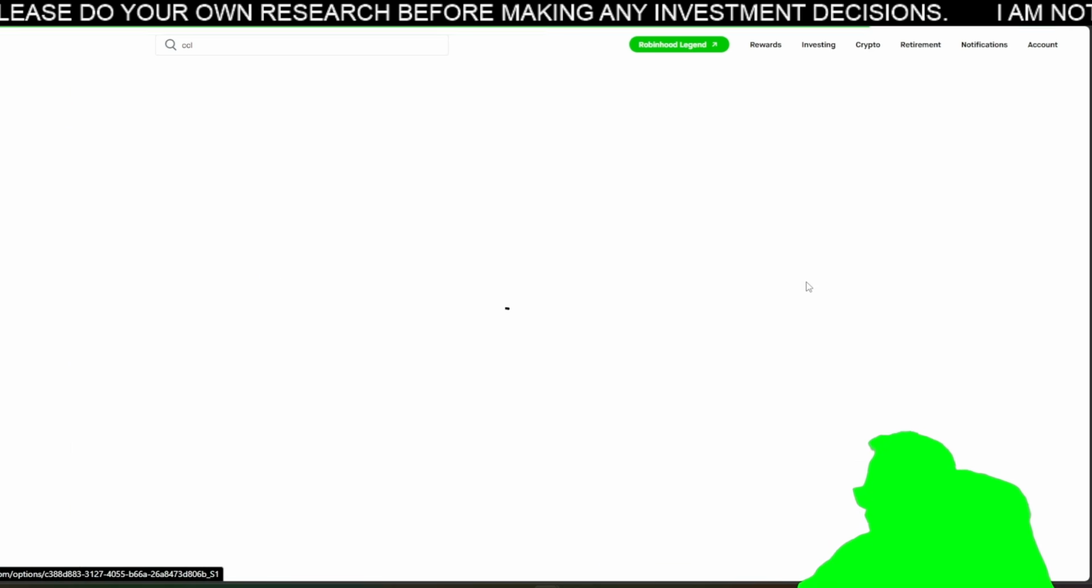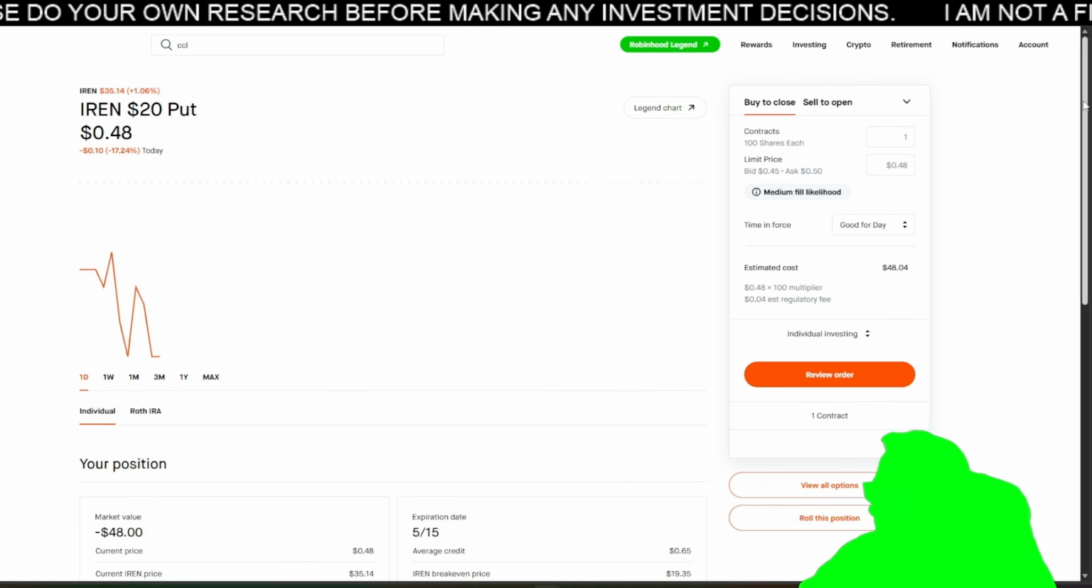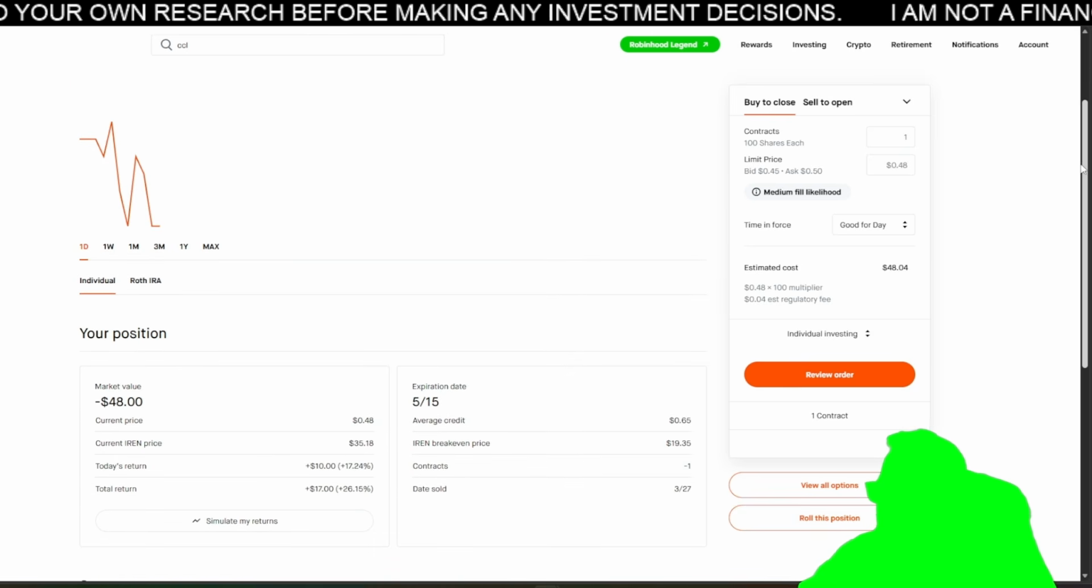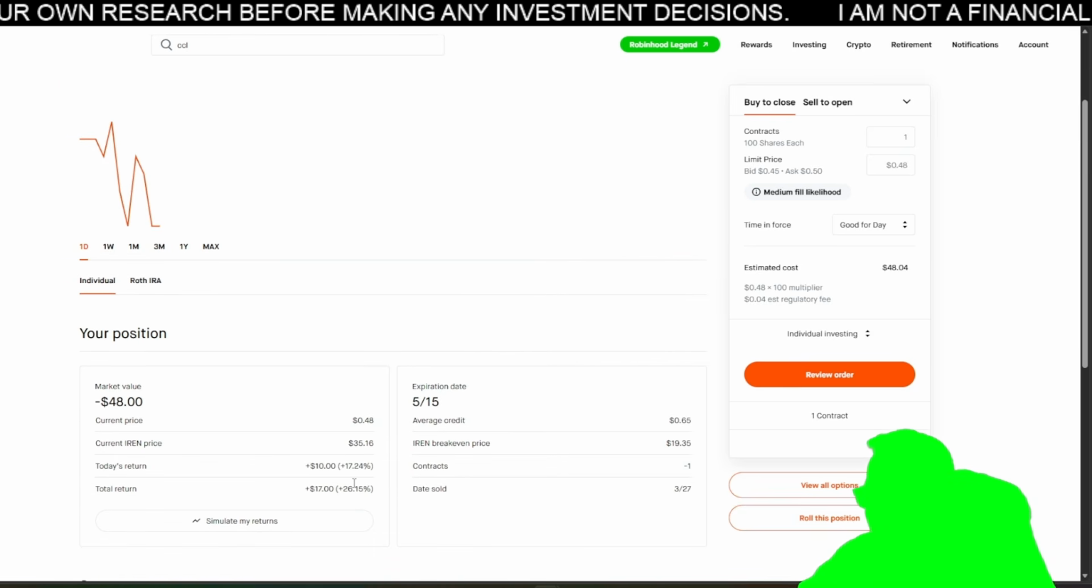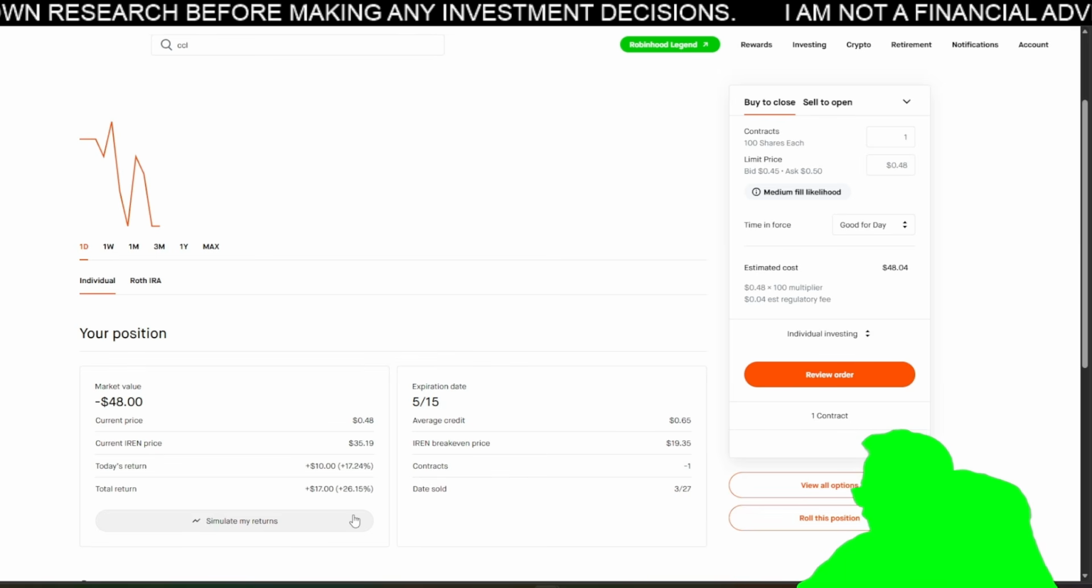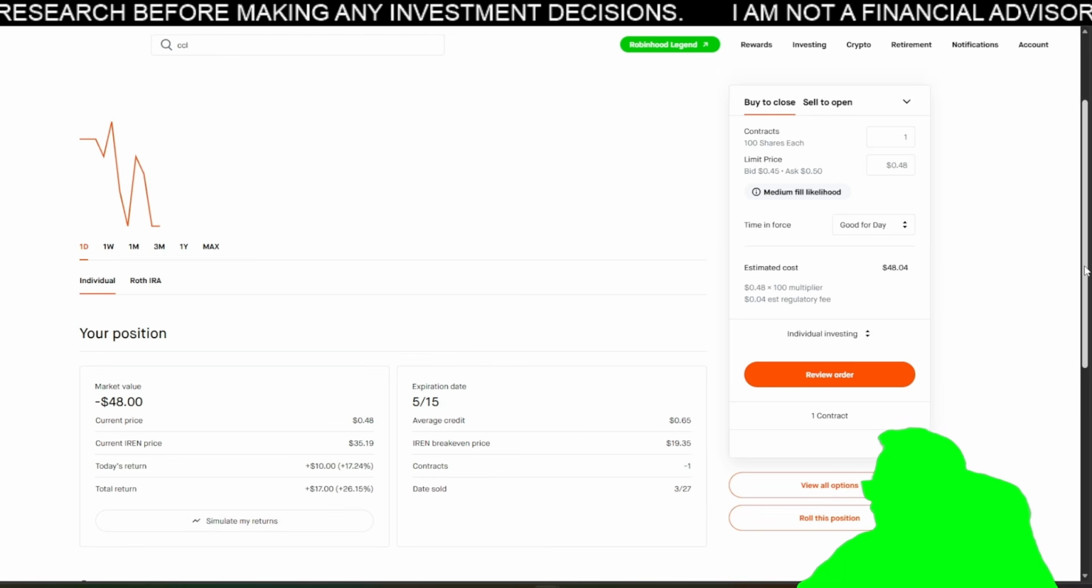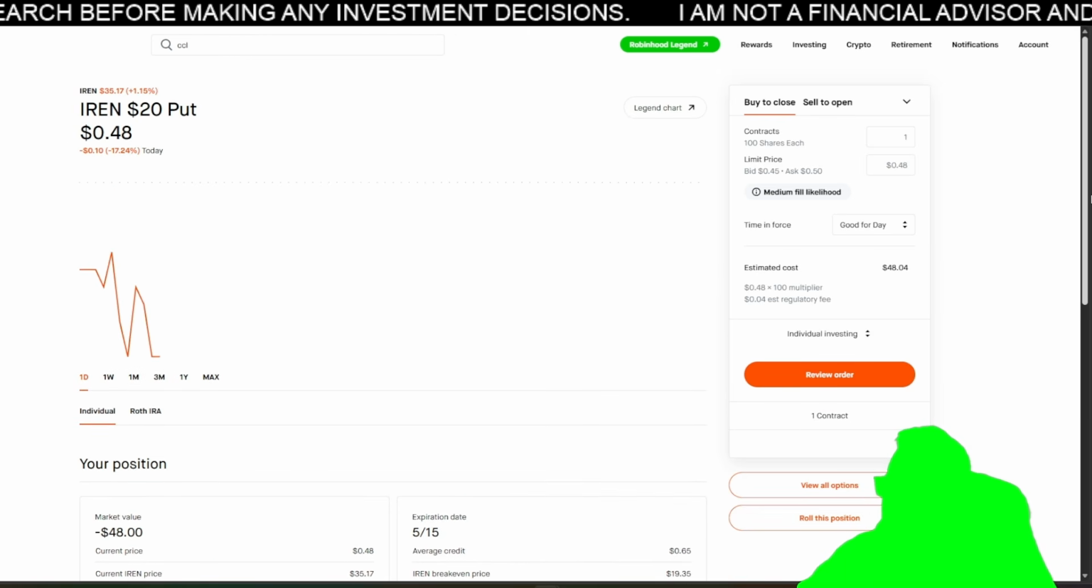Iron is another one I have right now, as you will see. Sold a cash secured put here as well. I'm up 26% of the premiums I've collected so far, which is very, very nice. And as you will see with this one here,